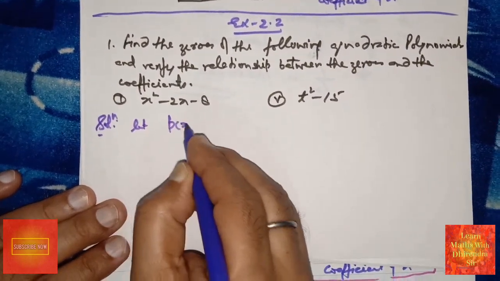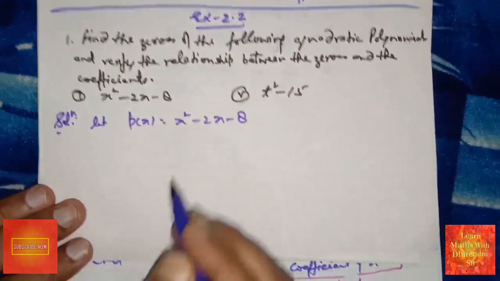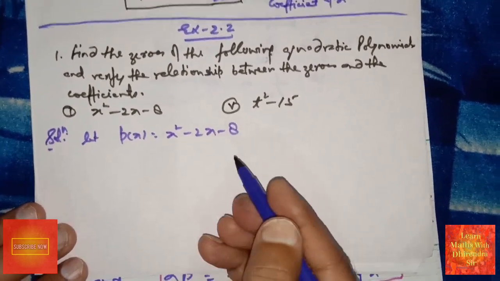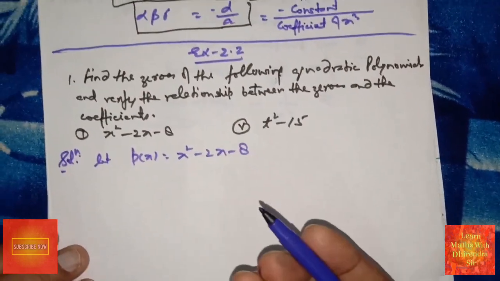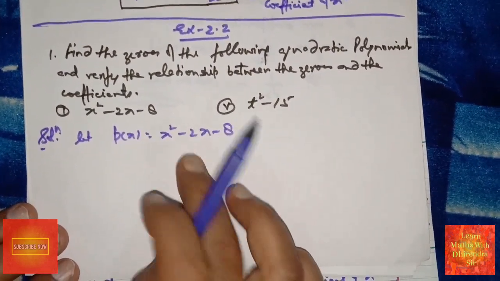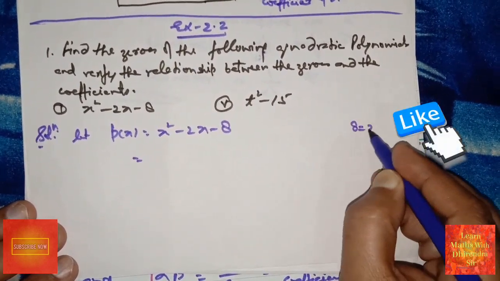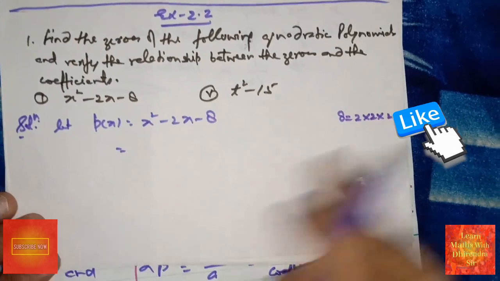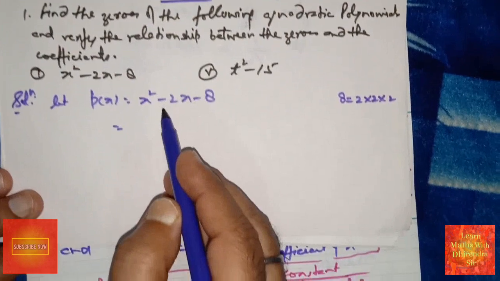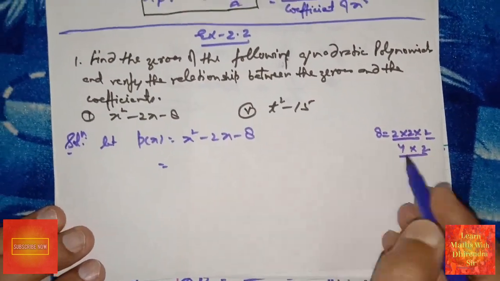So let p(x) equal to x square minus 2x minus 8. Firstly we convert it into factorization. हम इसका factor कर लेंगे. You know very well, in class 8th standard, 9th standard, it is a quadratic polynomial. Its factorization is with the help of middle term splitting. Here you know very well what is the factor of 8. Here is 2 into 2 into 2, 2 into 4 is 8. With the help of these factors we find out 2 and 4. 4 minus 2 equal to 2, 4 into 2 equal to 8.